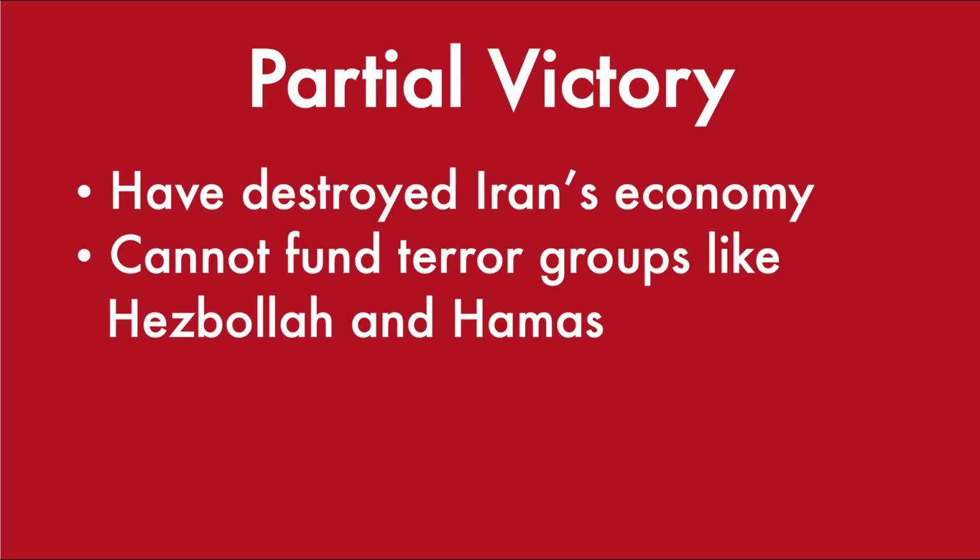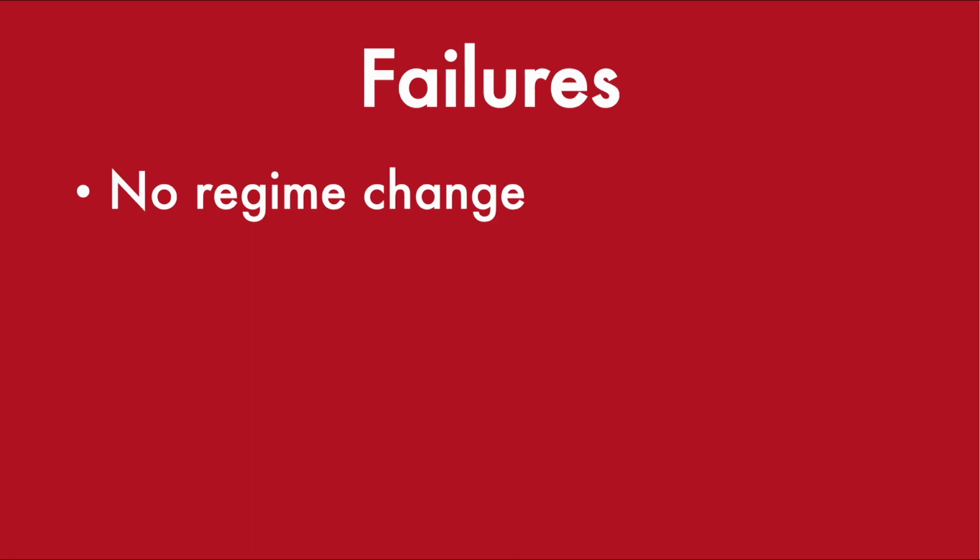Part 4. Stalemate. Let's give Trump a partial victory. Let's agree that Trump achieved the goal that Iran is no longer able to fund terror groups because we have shut down their oil revenues by blockading them. But for the other two goals, the situation is actually worse than before. We have not achieved regime change despite Israel killing many levels of their leadership, because unfortunately, the replacements are even more hardline than those originally in charge. They're also younger, by the way.